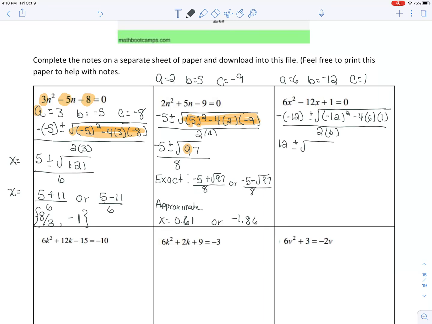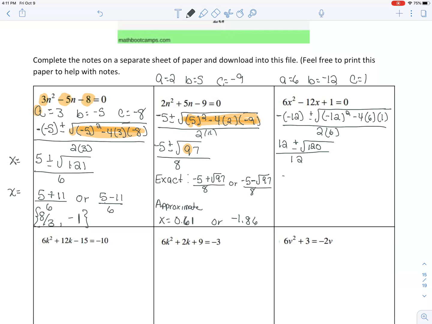So negative 12 becomes positive 12, plus or minus. Remember, you are not going to put the radical in the calculator. You're just going to write your radical. And then we're going to find the discriminant: 144 minus 4 times 6 times 1. I did that wrong. 144 minus 24. So that's the square root of 120